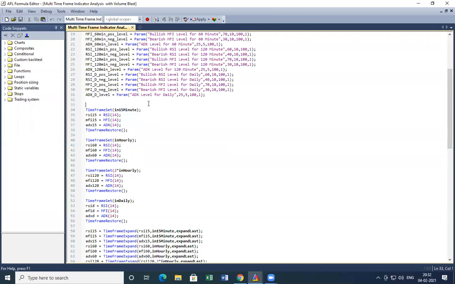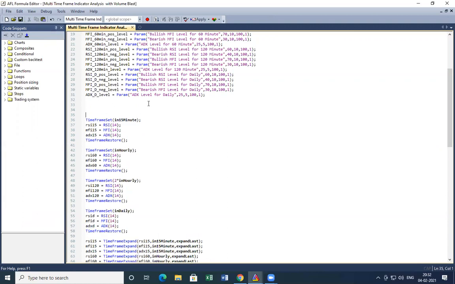Okay, in order to extract the values of different time frames, irrespective of whatever time frame is selected on the chart, we have to use a function called TimeFrameSet. So we'll use a time frame function like TimeFrameSet, comma, we will define an interval, let's say in15Minute, round bracket, semicolon.